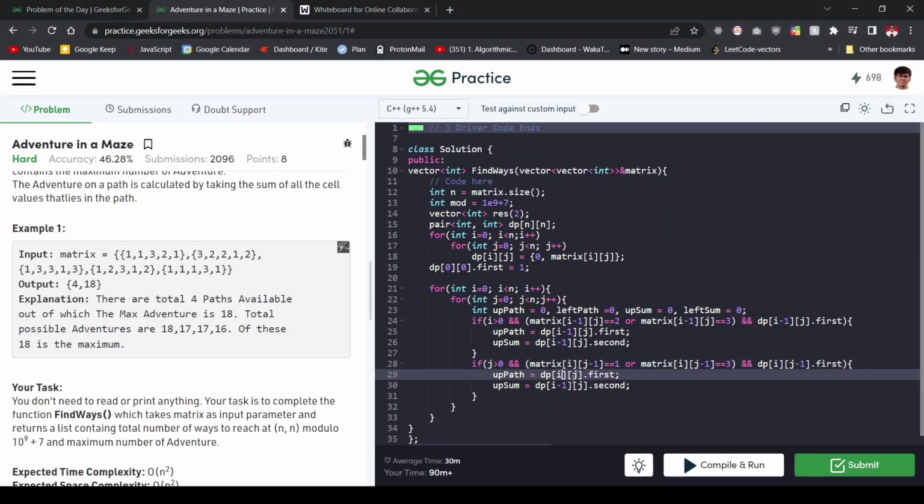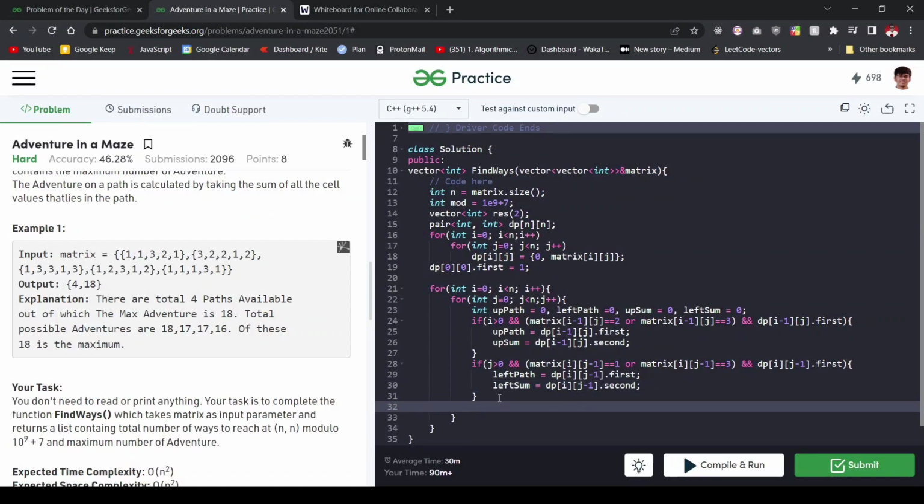And similarly we'll calculate the left path and the left sum, that is the sum coming in from the left direction and the path from the left direction. So after this is done, we have to store the value, and to store the value we'll be taking the current cell, which is nothing but dp of I comma j, creating a pair. The first value would be maximum of dp of I and j, which is the first value itself, that is the value which is already present,